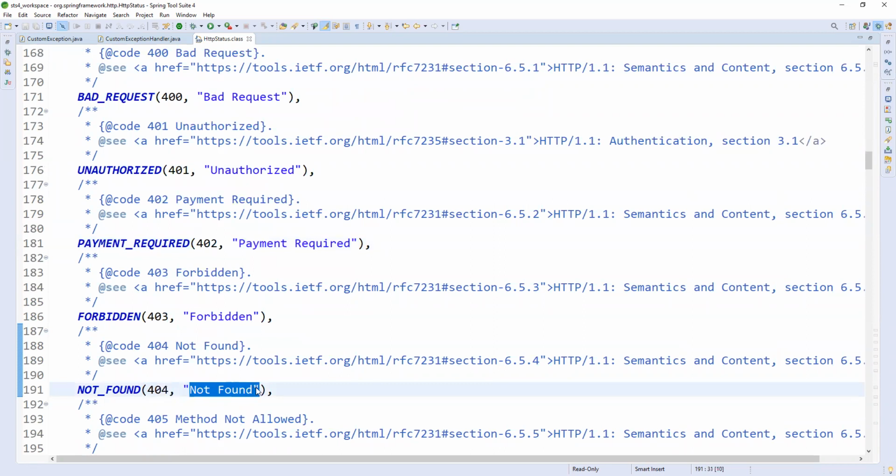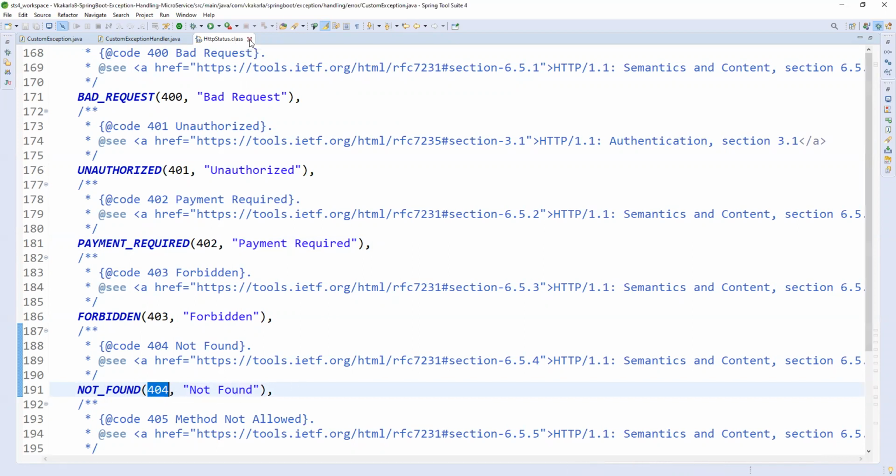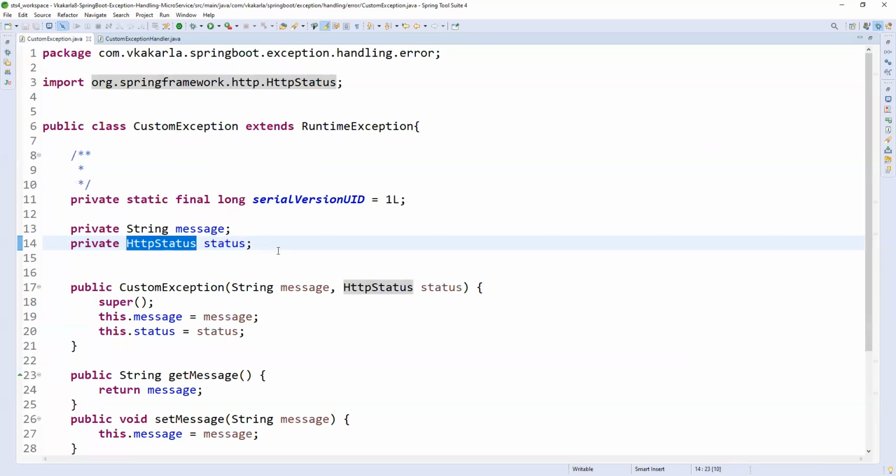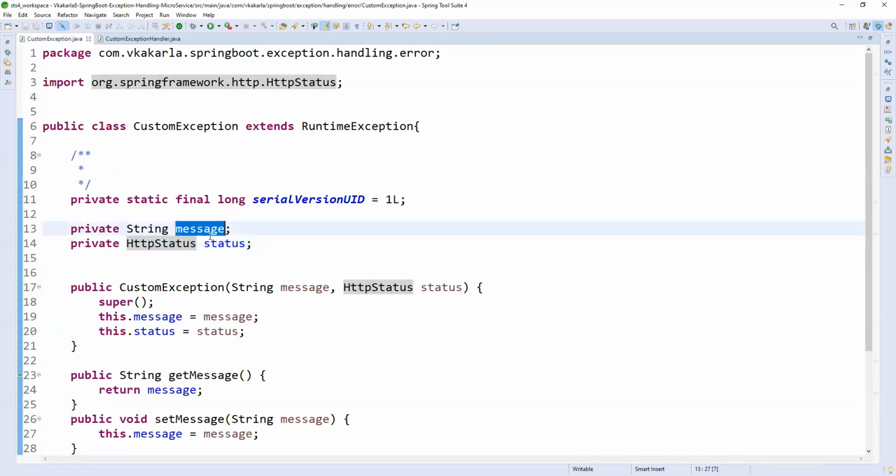If you are passing 100 as an employee ID and you don't have a record for employee ID 100, at that time you can pass 404 resource not found. So we have different status codes in HTTP status, so that based on the exception I will pass a message as well as a status. Fine, this is the custom exception.